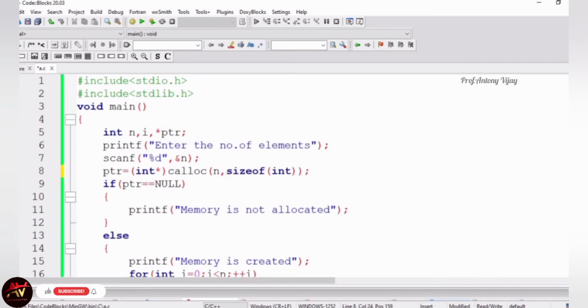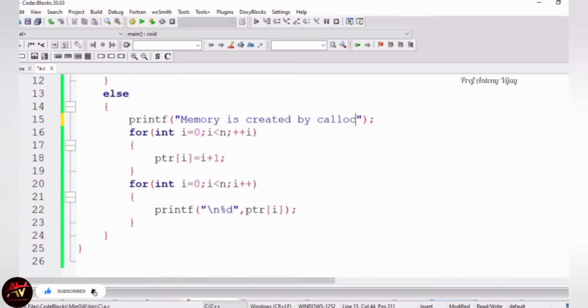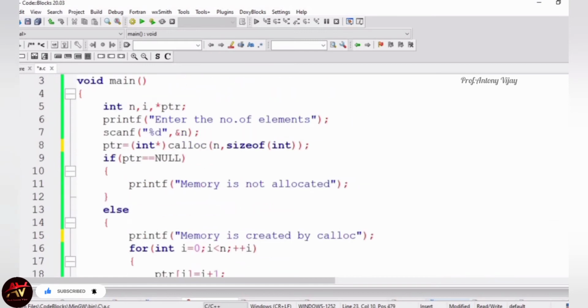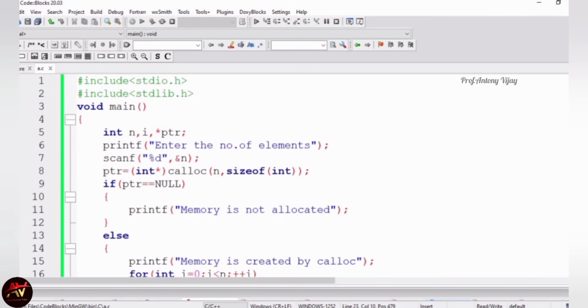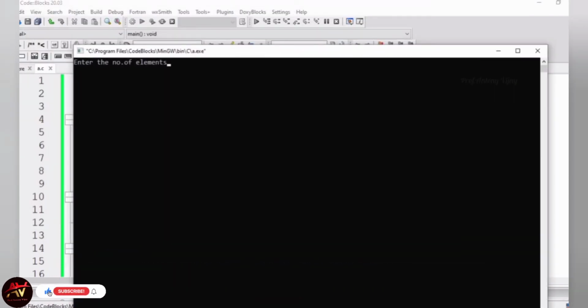All the other processes will be the same, and memory is created by calloc. No other changes. I am running this, and I am giving 5 elements again. So memory is created by calloc, 1, 2, 3, 4, 5. So this is the concept of calloc.